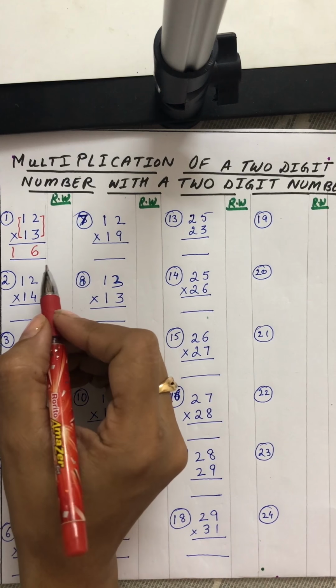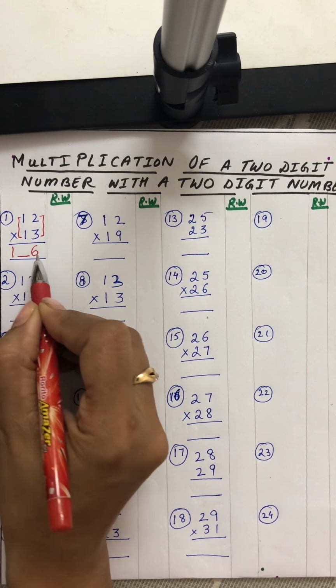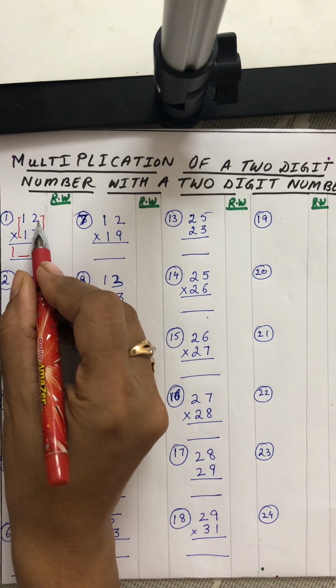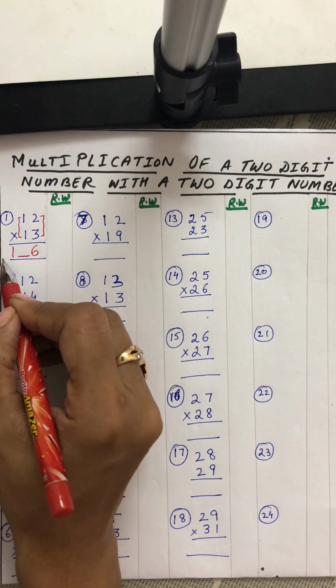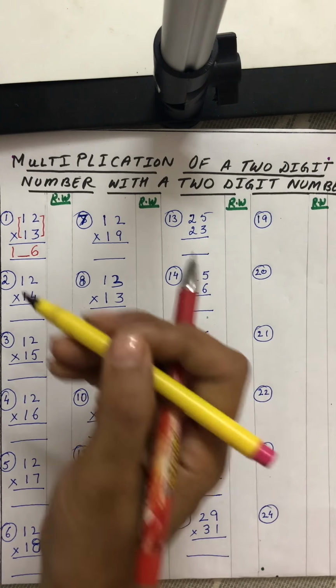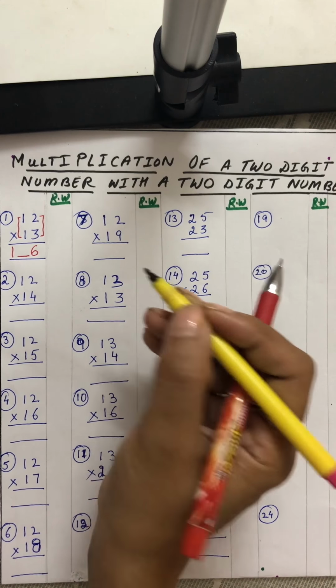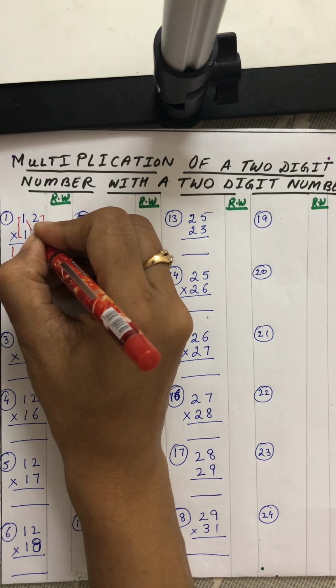But one thing you have to understand is that you have to keep one space blank in between the multiplication answer which you did on the right hand side and the multiplication answer you did for the left hand side. Now how do we fill up the space that we have left in between? We will multiply these numbers in cross now,